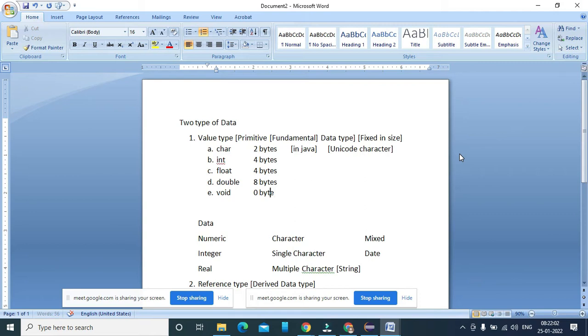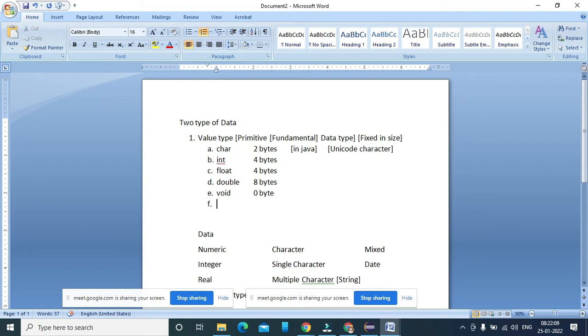And there is bool also, which is logical, or boolean. Some people call it boolean, some people call it a special data type, which generates a true or false value. Okay, and there are two states of the boolean data type, and that is true and false.